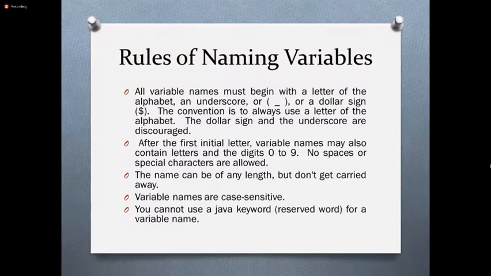Then we'll move on to the rules of naming variables. Actually, I have discussed this under identifiers as well. There are specific rules of naming variables. All variable names must begin with a letter of the alphabet, an underscore, or a dollar sign. The convention is to use a letter of the alphabet. The dollar sign and the underscore are discouraged, right? Always preference is given to declaring a variable with a letter